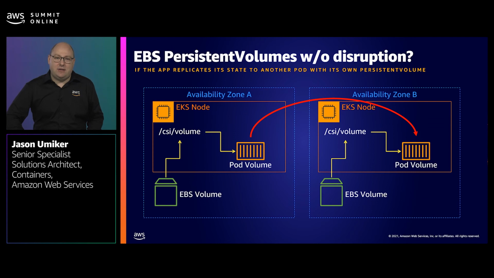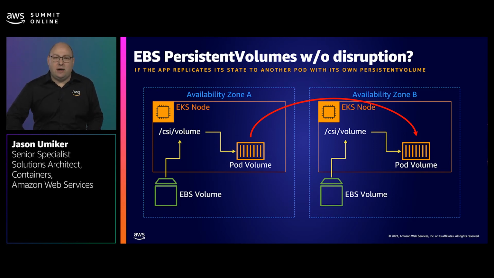If you choose EBS, though, it is both single availability zone and single mount, meaning that any interruption to your pod will also mean an interruption to your app. There are some apps, such as MongoDB and Cassandra, though, that are able to withstand that without interruption while using EBS persistent volumes. So how do they do that?